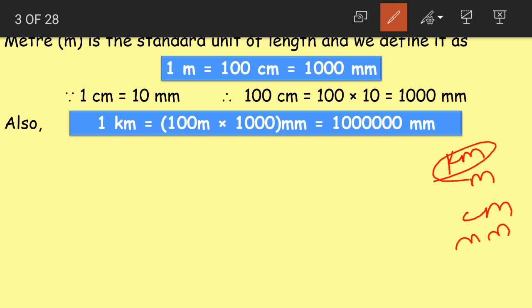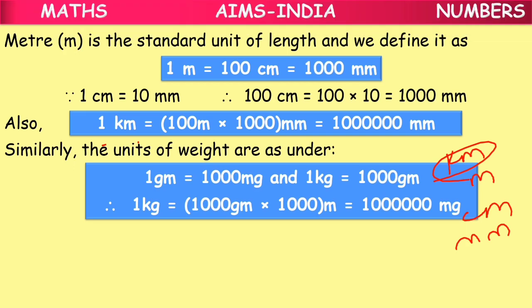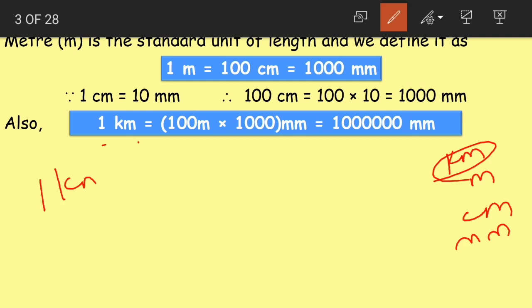So we'll learn about kilometers now, the top one. 1 kilometer is equal to 1000 meters. 1 kilometer is what? 1 kilometer is equal to 1000 meters. Here this is not 100 students, it is 1000. Okay, now again, this is equal to 1000 meters, right?